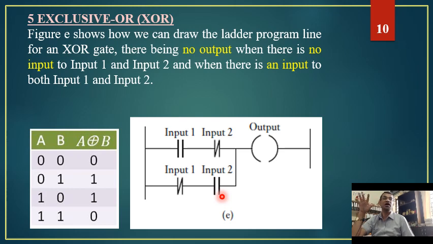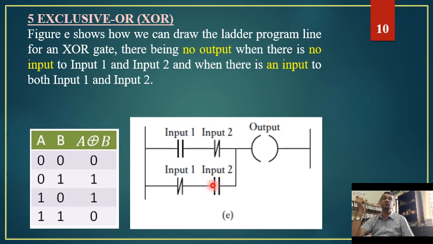But in order to have the XOR operation, we need 4 switches, out of which 2 are normally open and 2 are normally closed. And see how exactly it has been connected. Here input 1 is normally open, here input 2 is normally closed. The converse is true in this branch, that is input 1 is normally closed here and input 2 is normally open over here, right? So let us just compare the truth table and how it works. When A and B are 0, that is input 1 is not available, input 2 is not available, that is why in this particular branch input 1 is open, no flow of current.